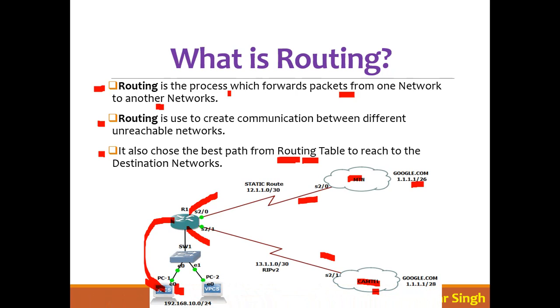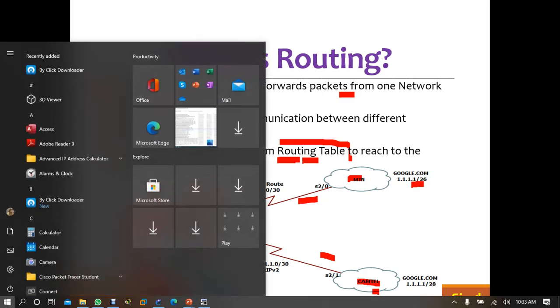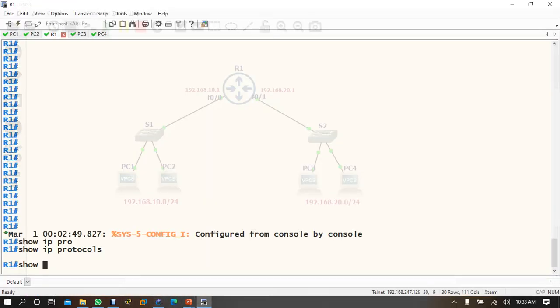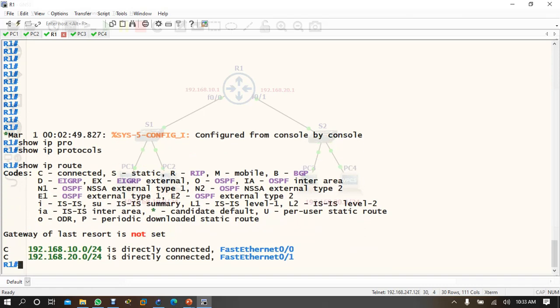So this request will come to the router. The router will say, okay, is your destination network in my routing table? You are looking for 20, so is that 20 in my routing table? Now come to router 1 and type show ip route.